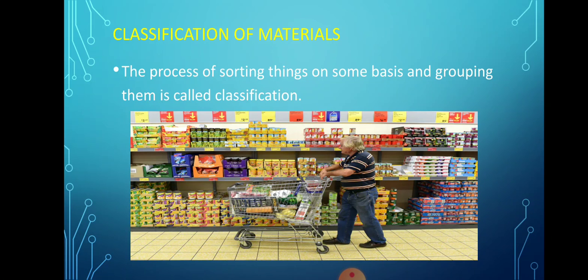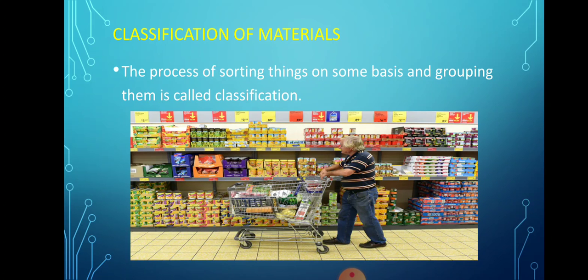May it be a tea powder, sugar packet, biscuit packets, or Maggi, you can see all of them have a certain place. May it be of different brands or different companies, all of them are kept in one place so that you can compare the quality, the quantity, and the price of that particular object, and then you can buy it. So they have a typical place fixed for them where you can get all these things.